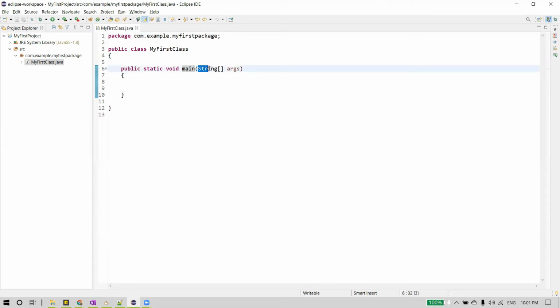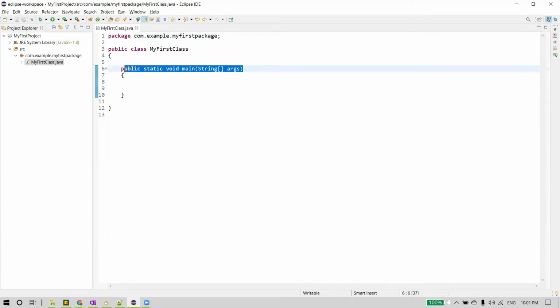And next comes the parameter. Whatever we write in the braces, we call it a parameter. And you can see here, this is an array of strings. Whenever we are running this program and want to send some arguments or input, we can do that, and that will be passed to this argument, which we call an array of strings.